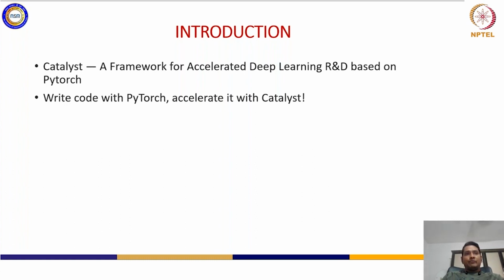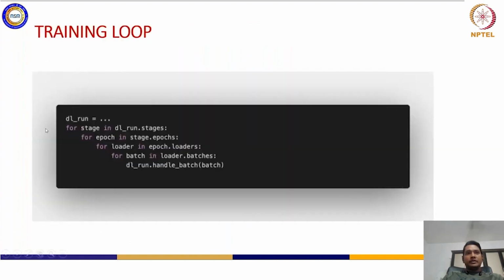What it helps is that it helps you write your code in a very compact way, so that maintaining a huge pipeline of trainings will be seamless, and you can reproduce the trainings, the metrics, the parameters again and again from several runs. So now we will see the training loop.